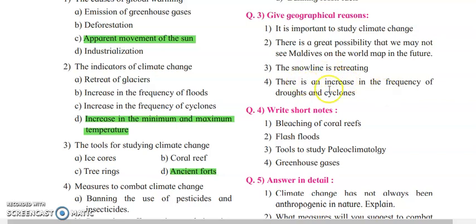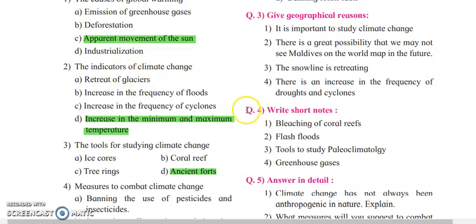Next, there is an increase in the frequency of droughts and cyclones. Whenever the global warming situation is increasing day by day, the occurrence of droughts is also increasing. Why? Because the pressure of the atmosphere is getting high. The root of floods and drought, both of them, lies in what? The process of evaporation. Evaporation की जो process होती है वो किस तरीके से होती है, उसके ऊपर all the things are relied. So basically, because of this process, there is an increase in the frequency of droughts and cyclones because of global warming.